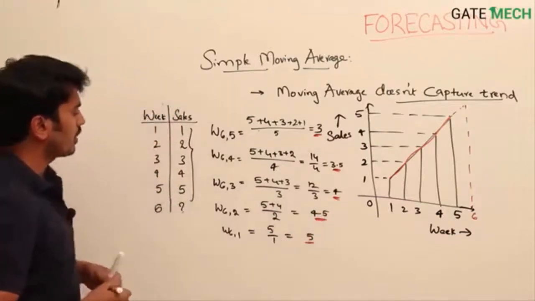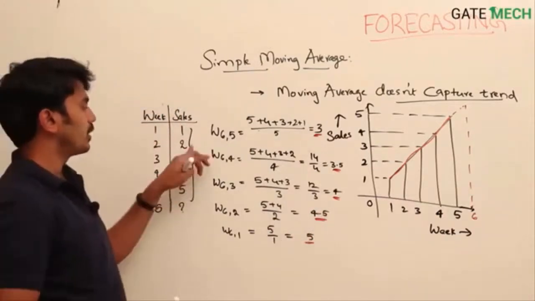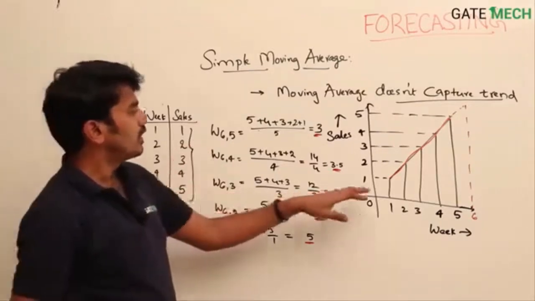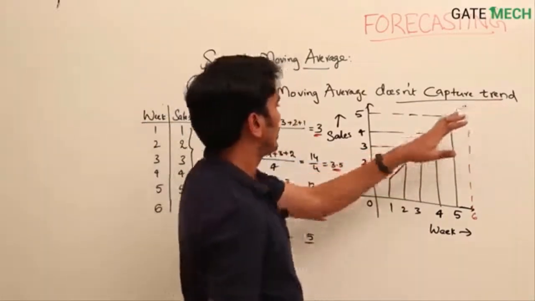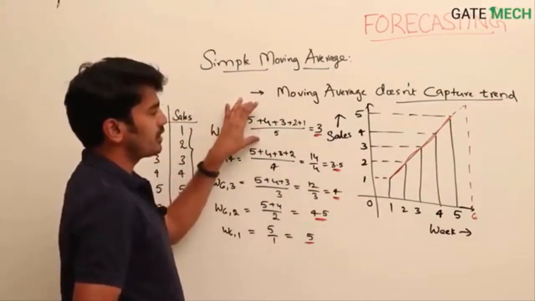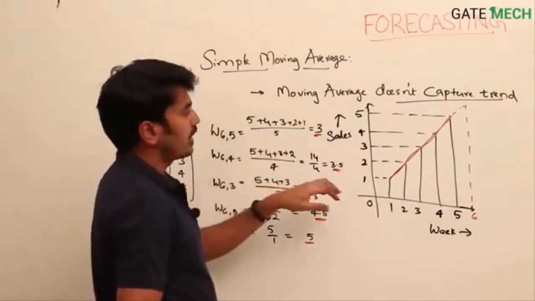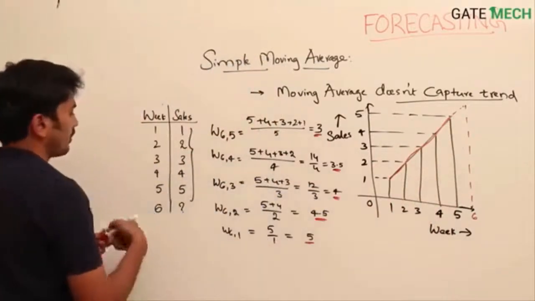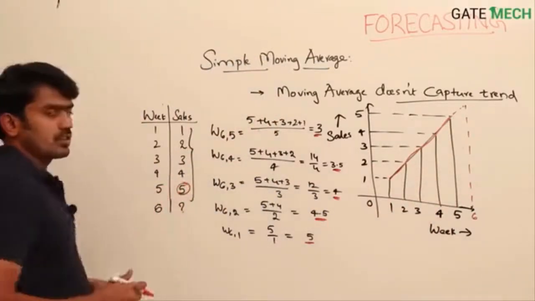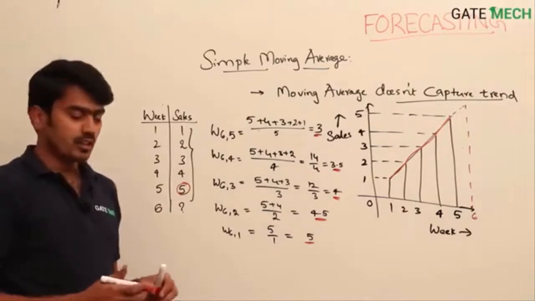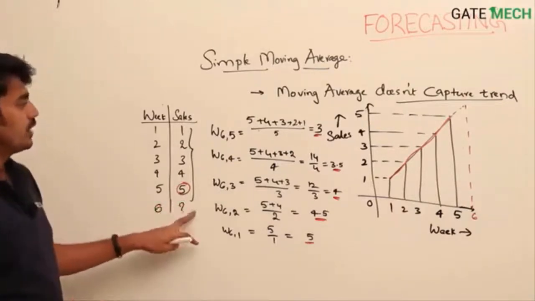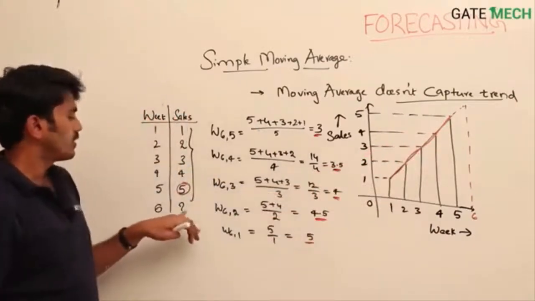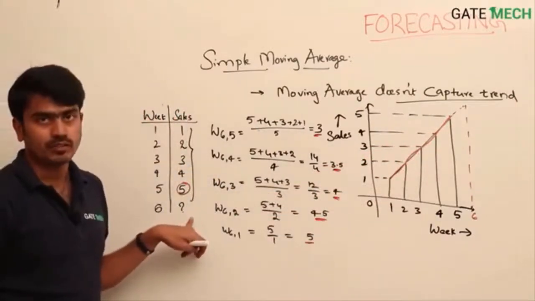It is nowhere crossing the maximum value because it's an average. So even though the trend is showing up, since the technique uses averaging, it cannot cross the max value of the data points, that is nothing but 5. An average cannot cross the max value of the data points. Because of that, it couldn't capture the trend and arrive at 6 as the week 6 forecast.